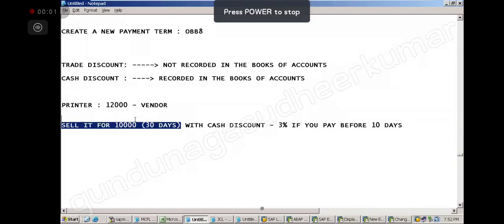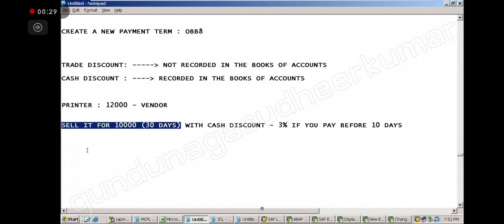To you, which one you want. So now we felt this is a very good offer. Correct. So we purchased from this vendor, right? This vendor initially said 12,000, but later on he agreed to sell for 10,000, right? And with an offer of 30 days time, with another offer: if you pay before 10 days, he is saying 3% discount.